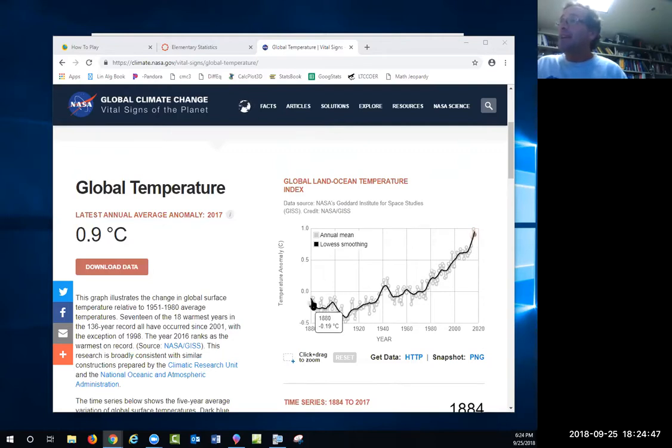And this is since 1880, and this was 2017. So that is 137 years. So in the past 137 years, what's the probability that the highest 3 are going to be last year, the year before, and the year before that? Do you see how that works? And if that probability is really low, then we say we have evidence that we were correct in our hypothesis.